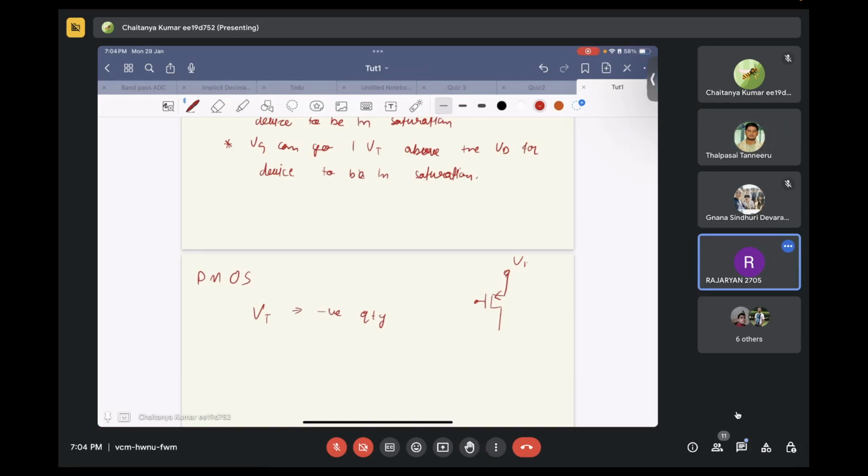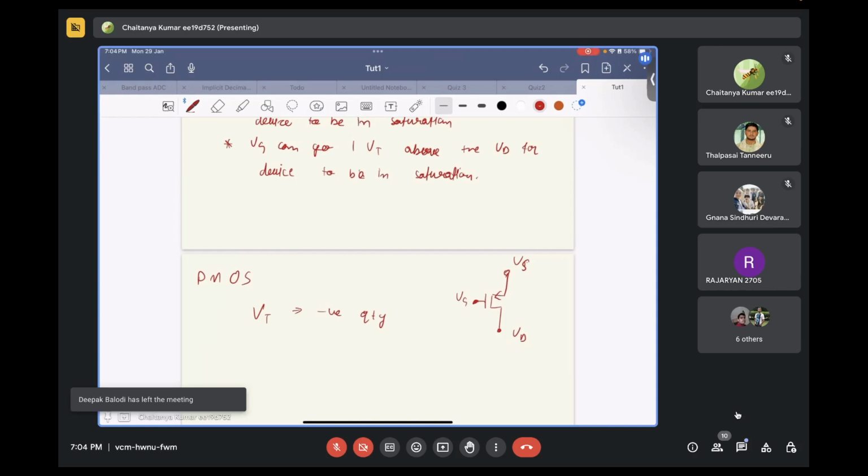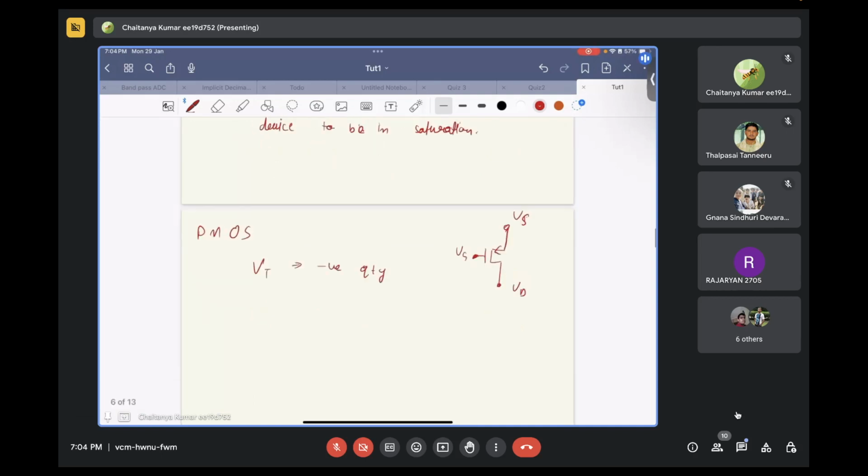Source, correct. This is gate and this is drain. So VT is a negative quantity, VGS is a negative quantity, VDS is a negative quantity. Source will always be a higher voltage. So instead of remembering two different equations, what you can just do is, in the NMOS equations only,